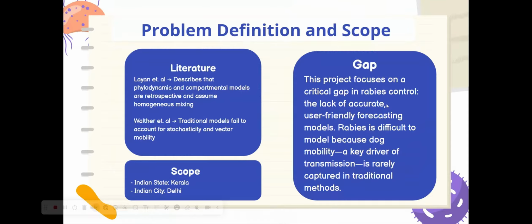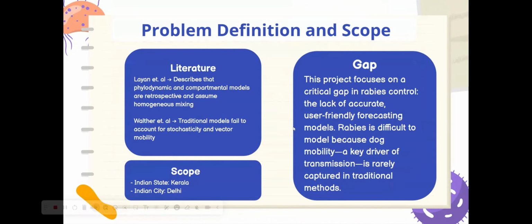Literature reviews tell us that the accuracy of traditional epidemiological models is limited because they assume homogeneous mixing. They fail to account for vector movement, which impedes their accuracy. And this is the gap in the project that we're actually filling. We're trying to account for dog mobility in our model. The scope of our project will be limited to the Indian state of Kerala and the Indian city of Delhi